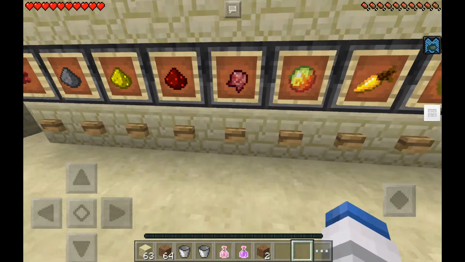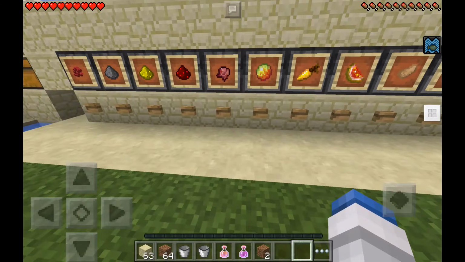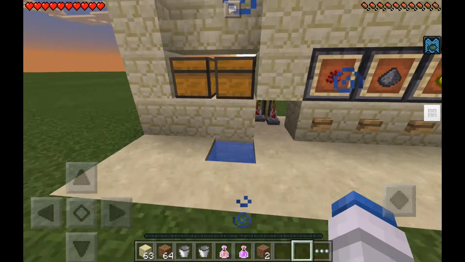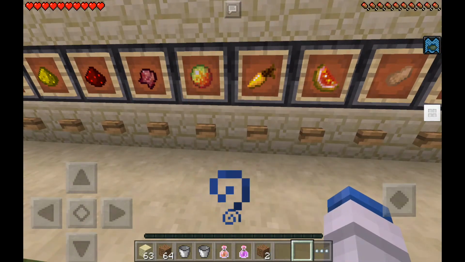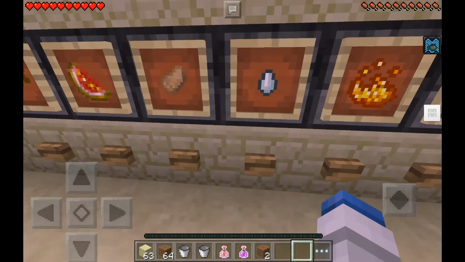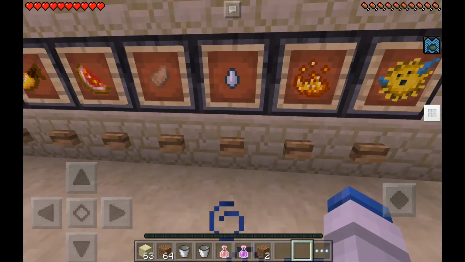So I'm gonna make, what do I want to make? Let's make, yeah, why not? Okay, so right after the nether wart goes in, your golden carrot will go in, and I don't know all the recipes. I know that magma cream makes fire resistance, your glistering melon makes healing, jump boost with the rabbit's foot, ghast tear I think is regeneration, and then